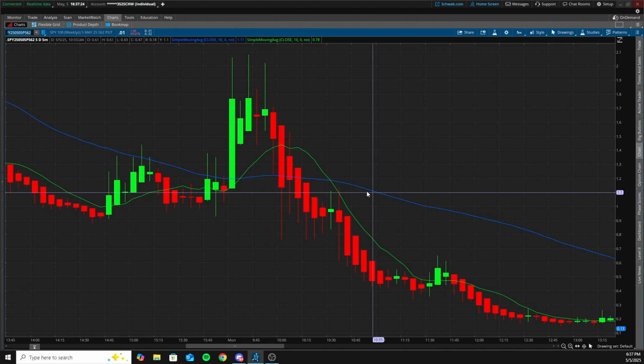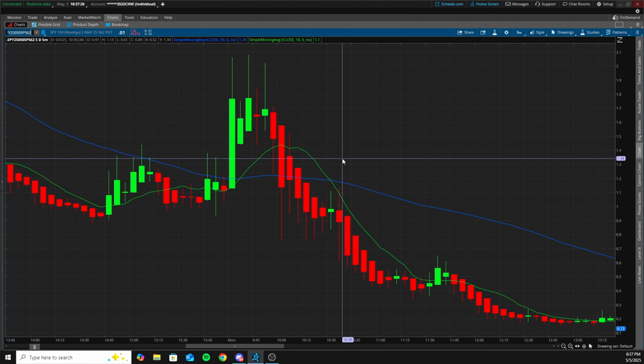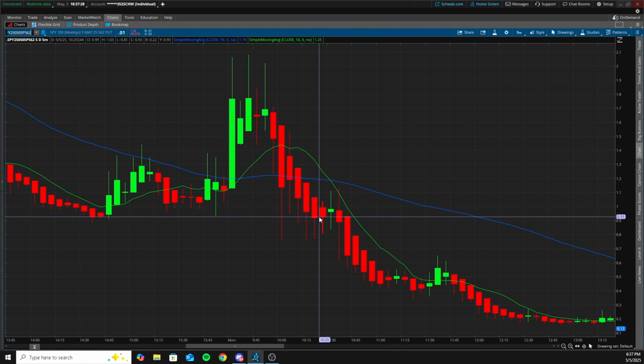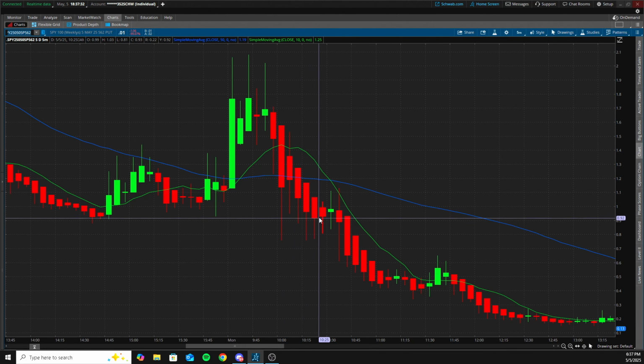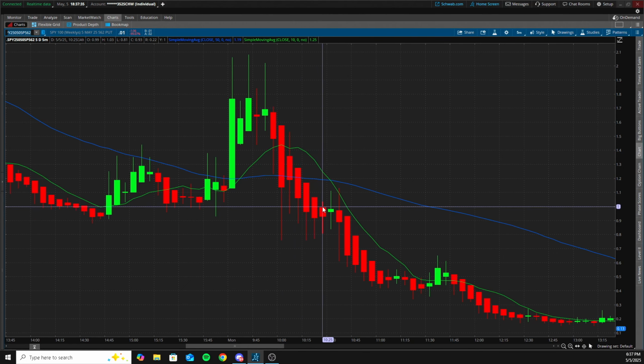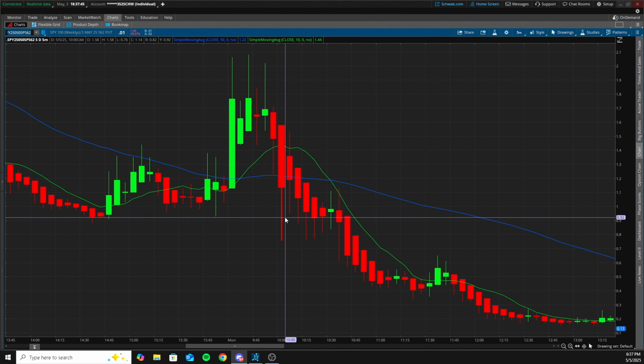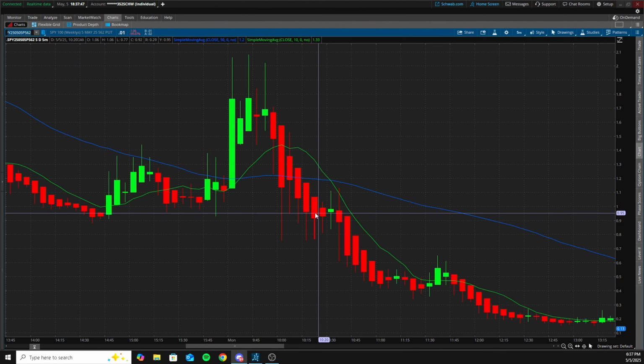So once we start getting this negative cross right here, I took an entry. I got somewhat of an early entry on this. I think I entered somewhere around 0.90 to 0.95 on these contracts, and they popped up a little bit into this 10 SMA, and I actually added some more. So I'll show you guys the screenshot of where I added. I went short, or not short, I went long at 10.25. So that was at the start of this candle right here.